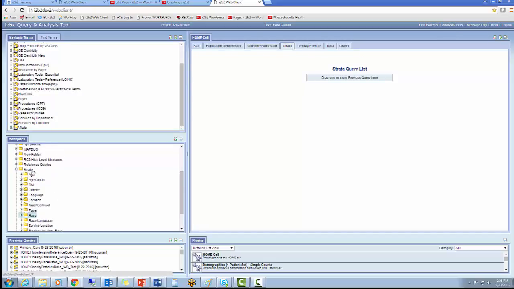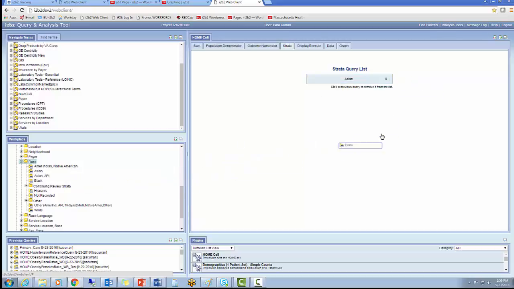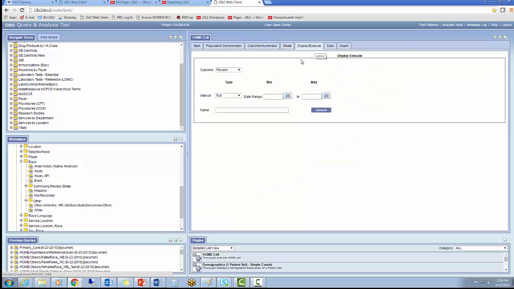We can then use subpopulations, defined also as i2b2 query cell queries, to stratify the data. In this example, we've pre-configured simple query cell constraints to identify all patients of certain races. Using these predefined query cell queries, we can drag them over and create strata, so that when it comes time to specify the reference interval, which in this case will be year, and a date range, a beginning date range and an end date range,